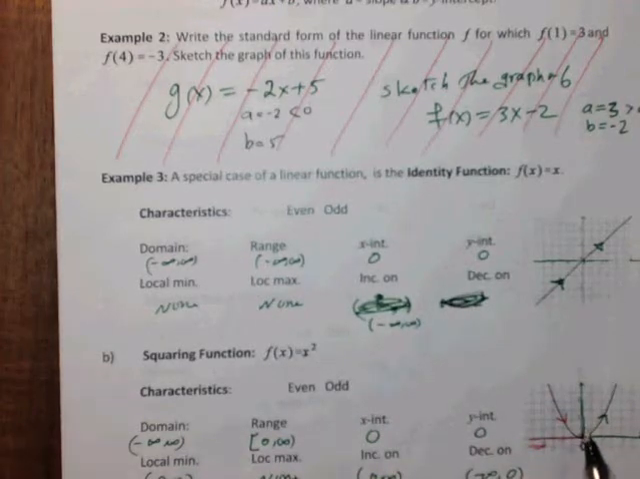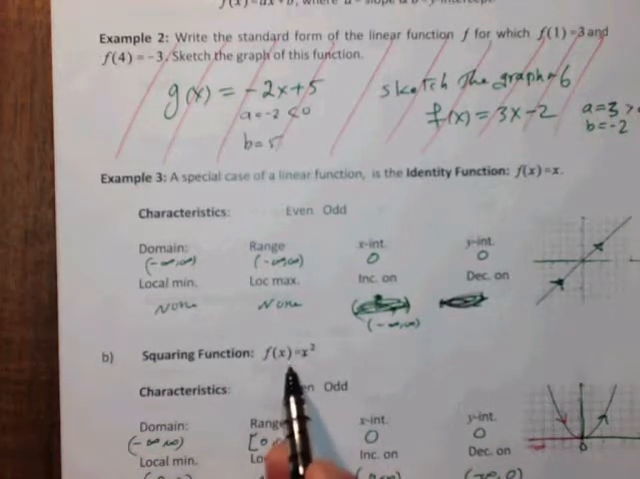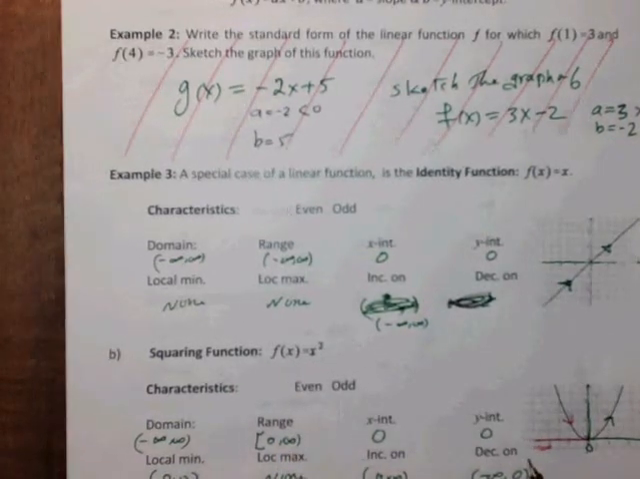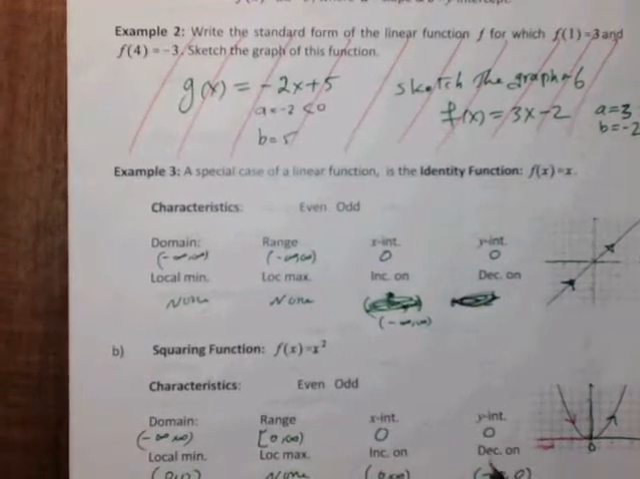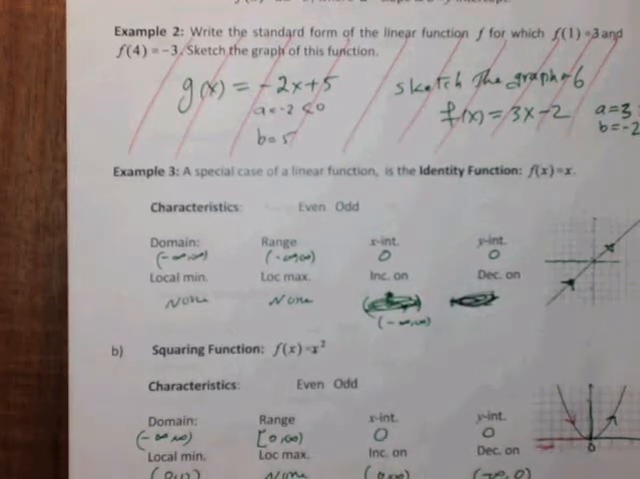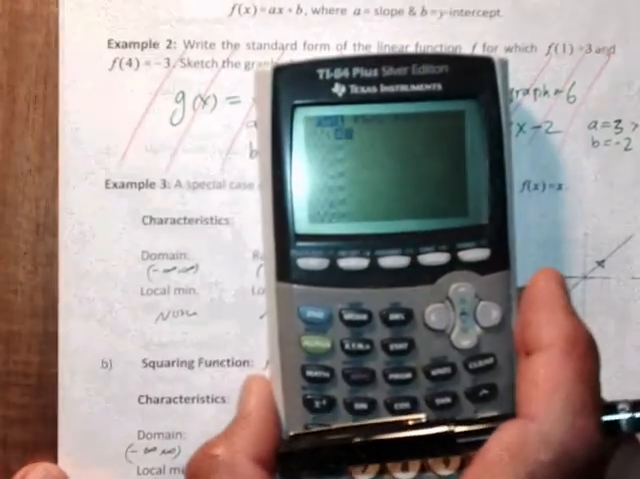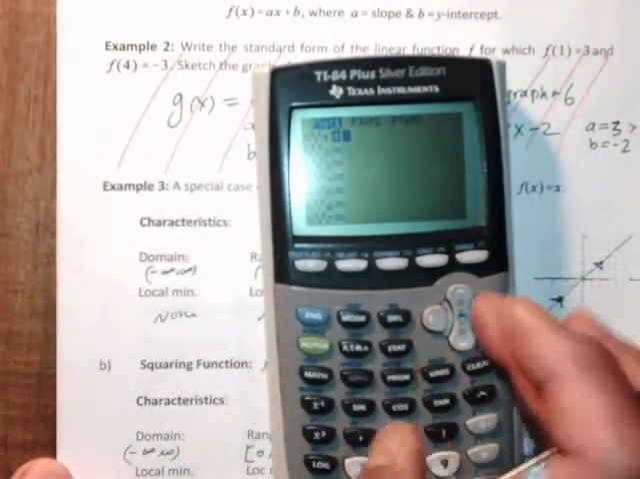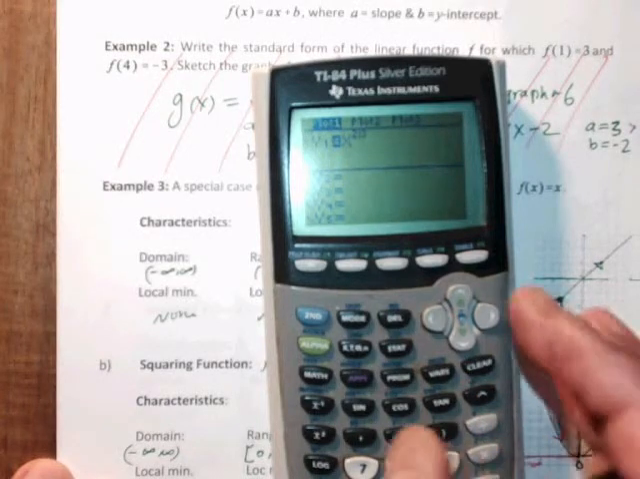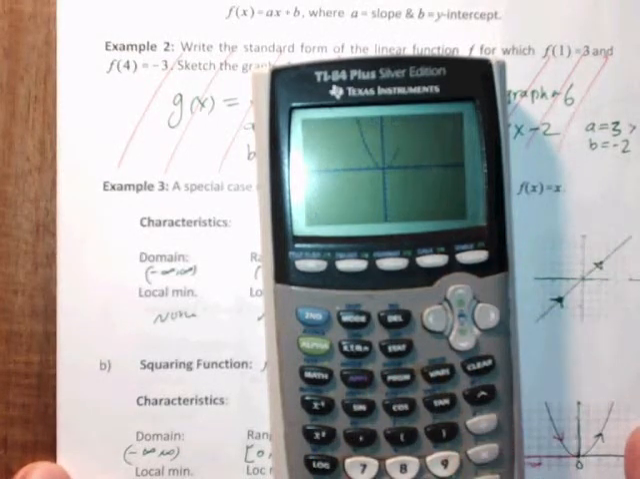The second function is called the squaring function. Squaring function is f of x equal to x squared, and this is a special case of quadratic functions that we're going to study in the first section of the next chapter. But this is a very simple one, so we discuss it here. I can graph it in my graphing calculator. See, you get this graph,